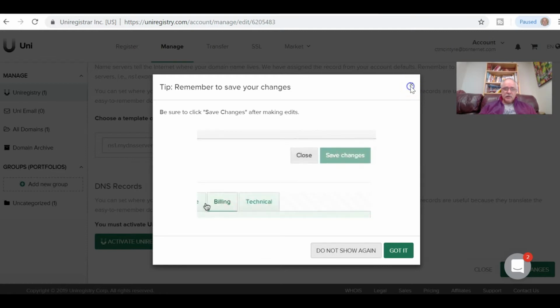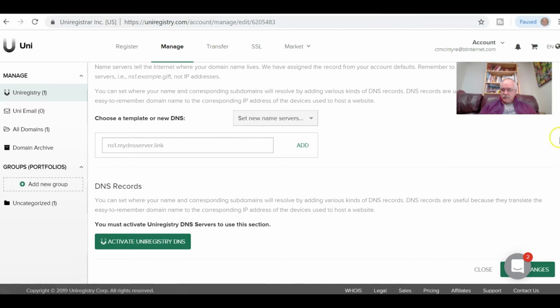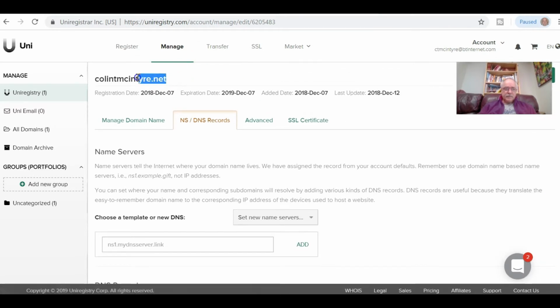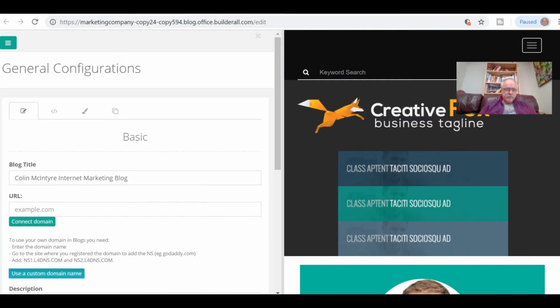So I would take that, copy it, and drop it into Builderall. Just making sure I've got no spaces there, which I haven't, which is right. I would then copy that and